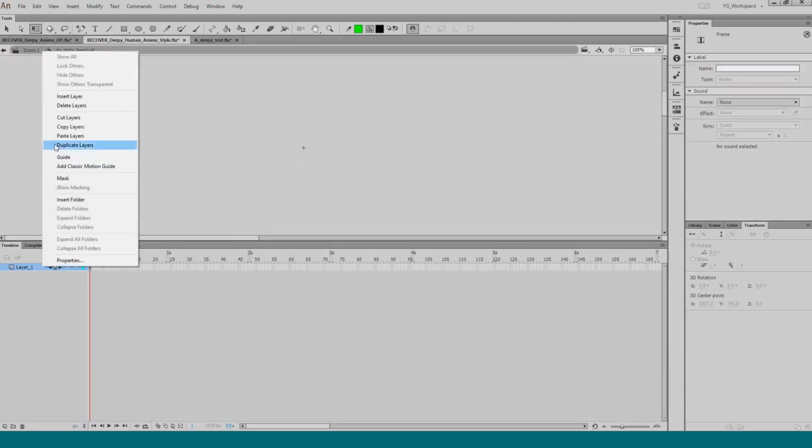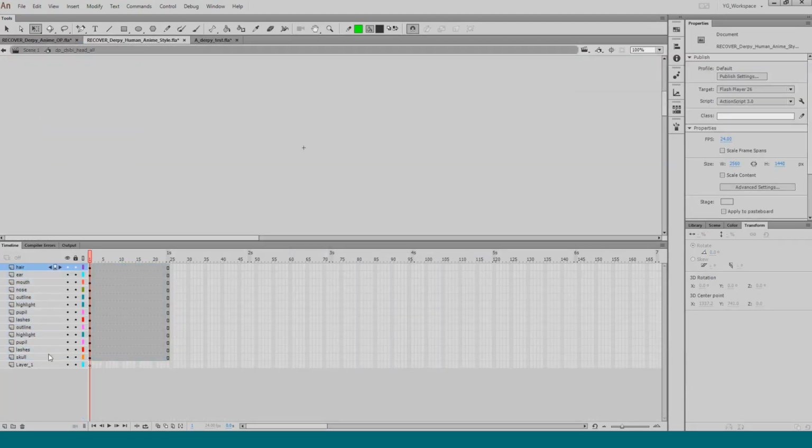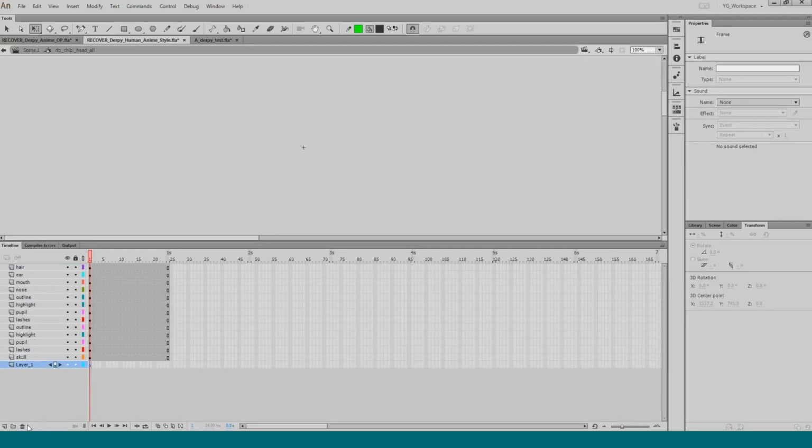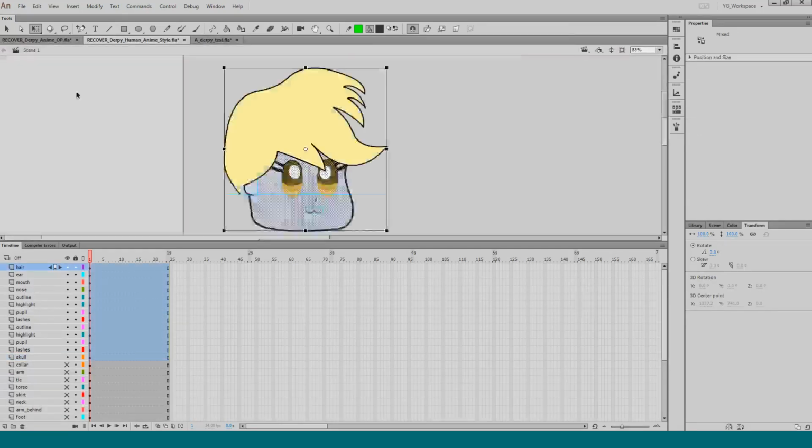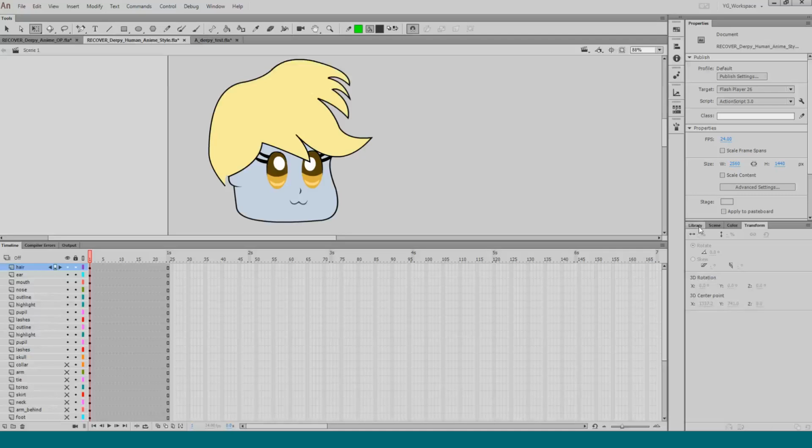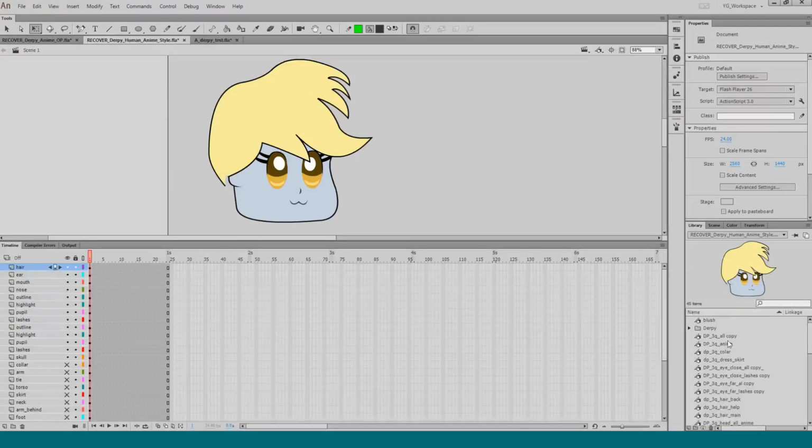It's important to have all the symbols labeled, so if you ever need a head, you can go to the library panel and say I want head, and now I can have all my heads and they're all labeled. Okay, but here's a head and I can reuse it.